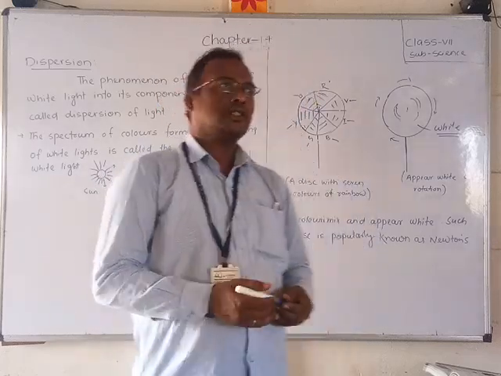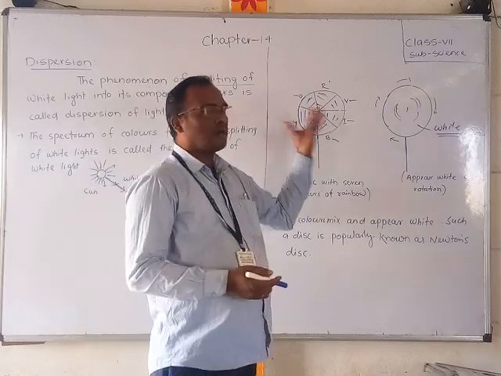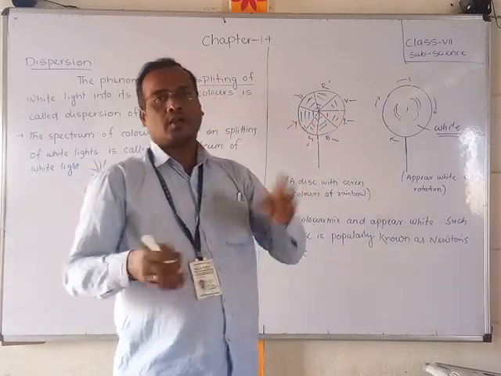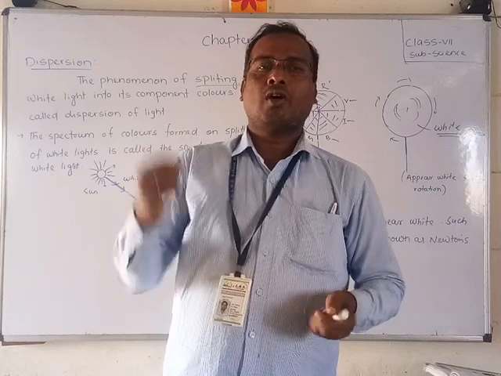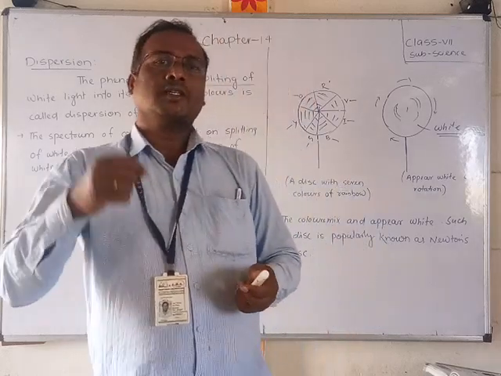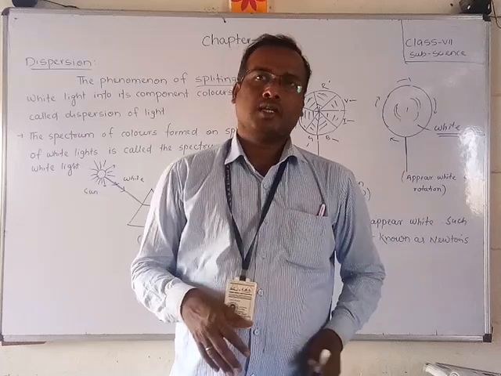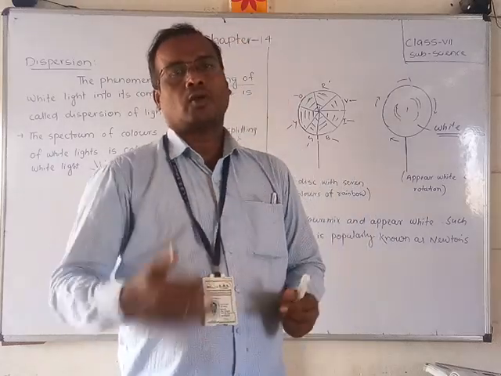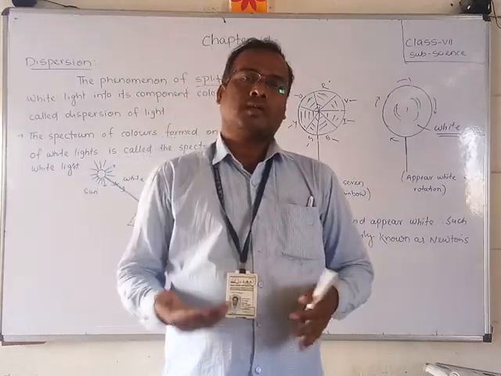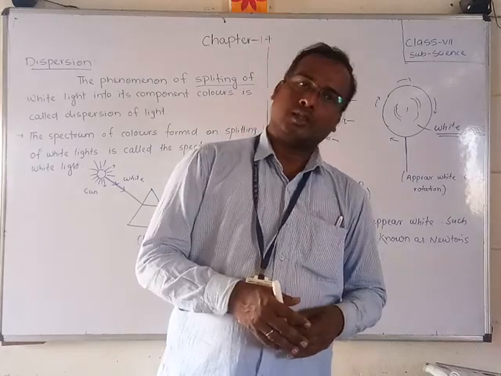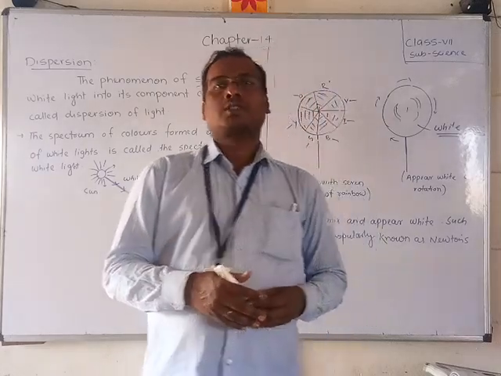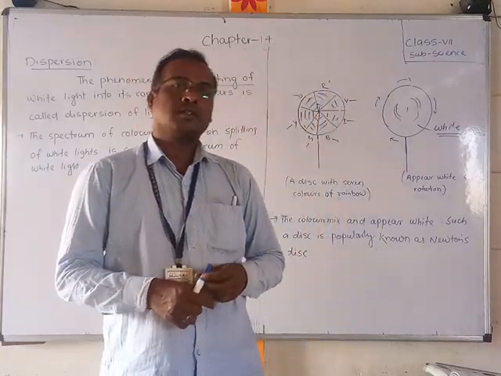Okay students, this is the combination of the 7 colors. Whenever the disk spins, the rays of all the colors pass to the same point and mix, following one after the other, and then it appears as a white color. So this is all about the Newton disk and dispersion.